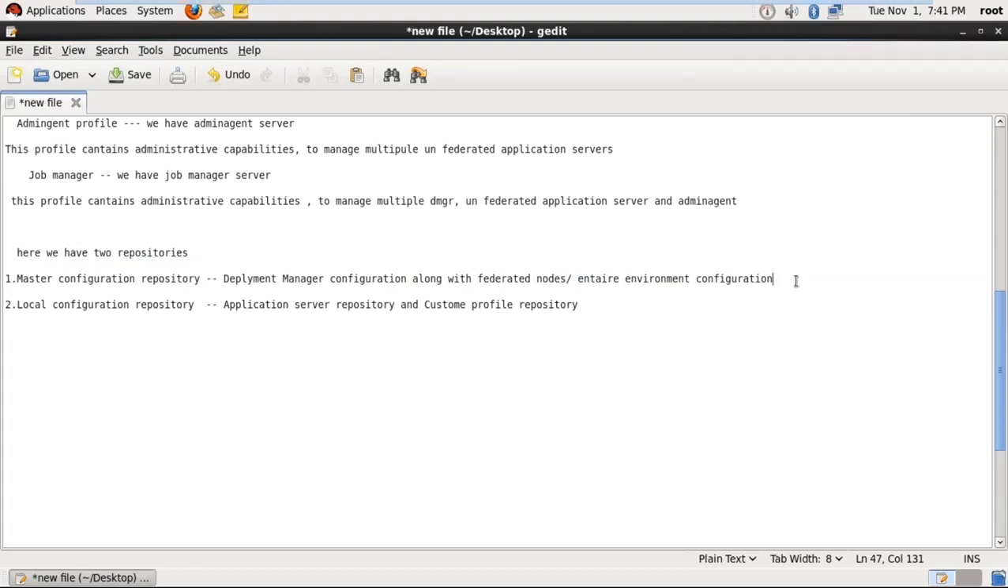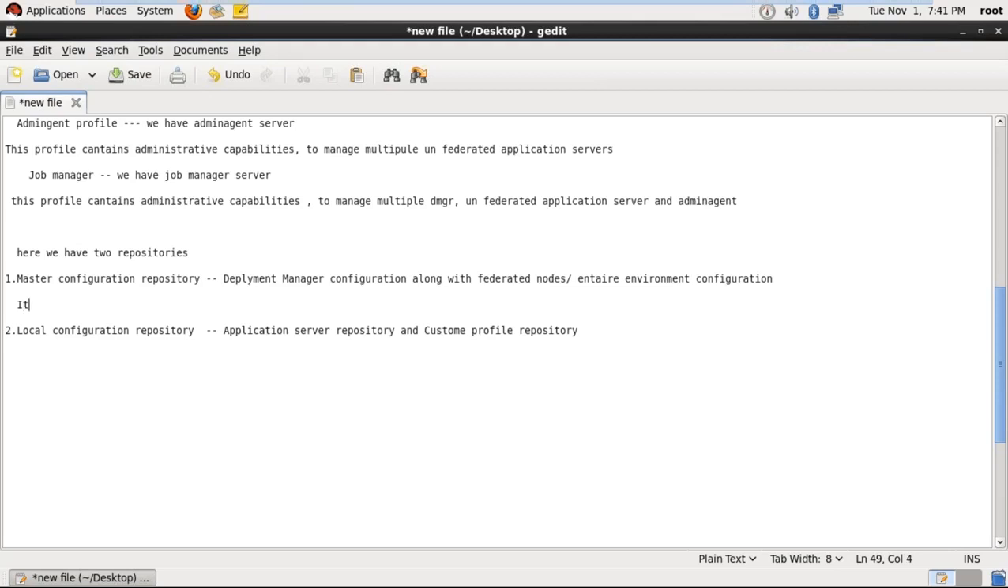So the master configuration is managed by the DMGR server. And the local configuration means nothing but the application server, managed by application servers. Okay, so here master configuration, suppose if you make any